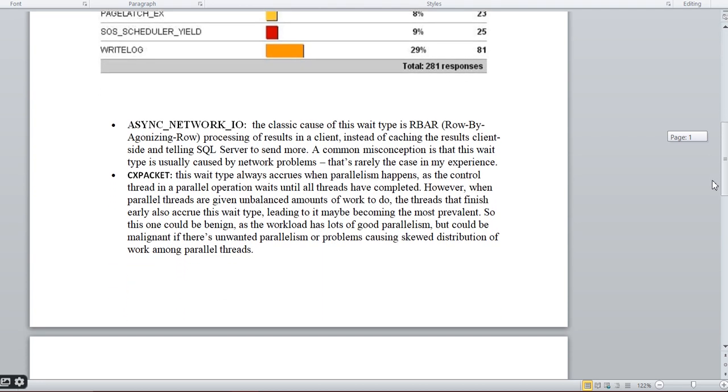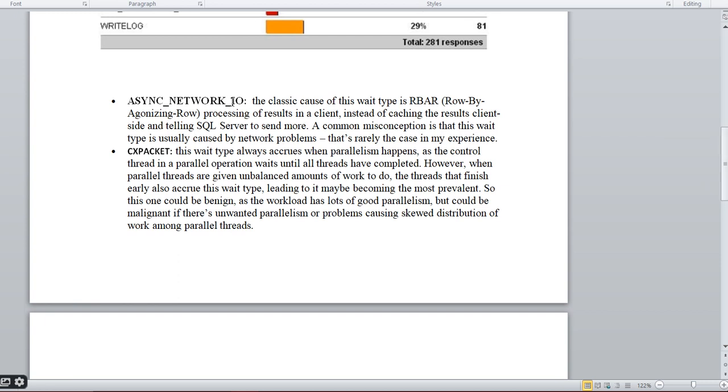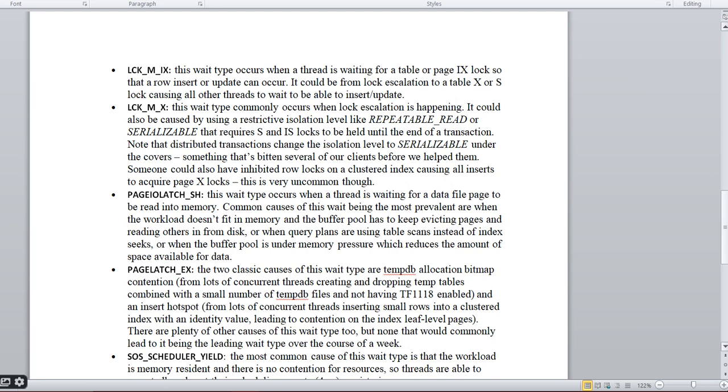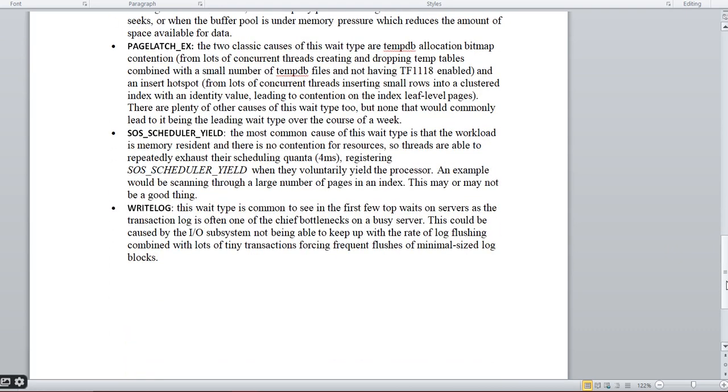If you want details on all the wait types, you can go through the statements I have mentioned with bullet points. You can note them down, or I will provide them in the description. Firstly, we should understand what each wait type means. If I explain each wait type right now, the video will be too long, so go through this document and it will help you understand the wait types better.